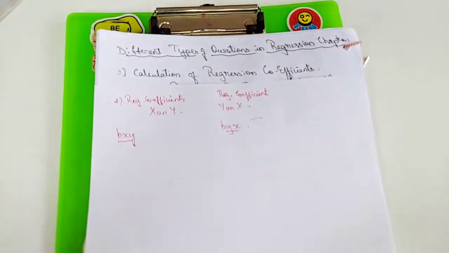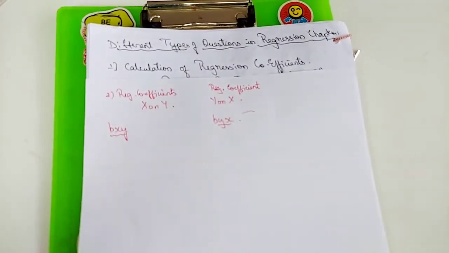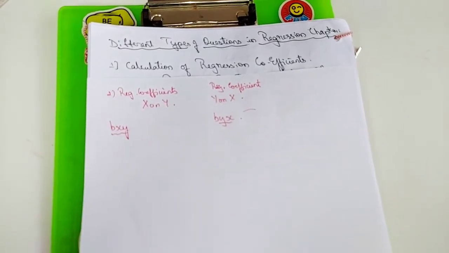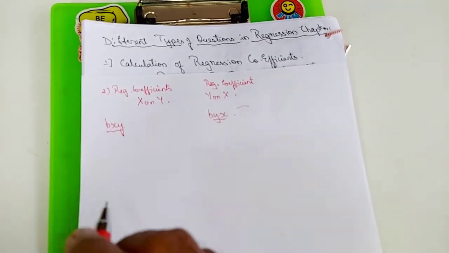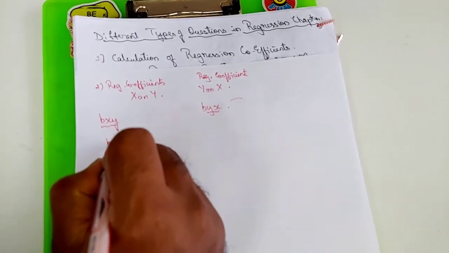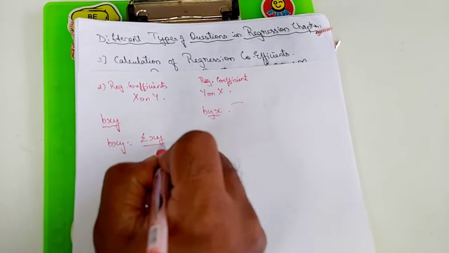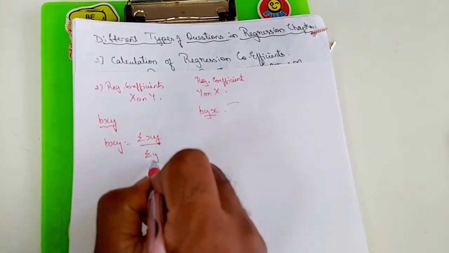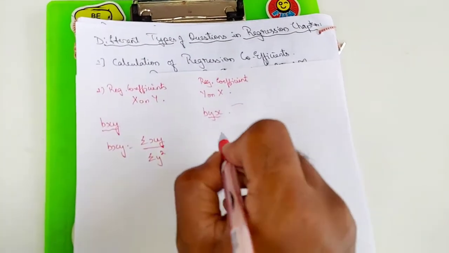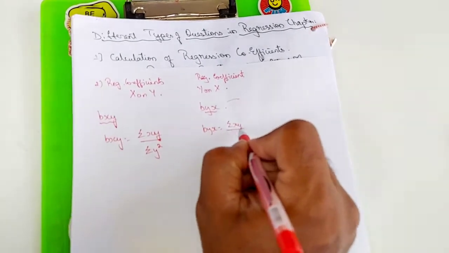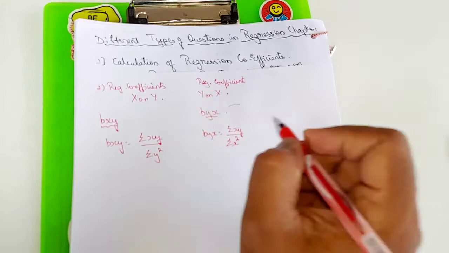There are two different formulas to find out bxy and byx depending on the information they have given us in the question. So the first one says bxy is equal to sigma xy divided by sigma y square, and byx is equal to